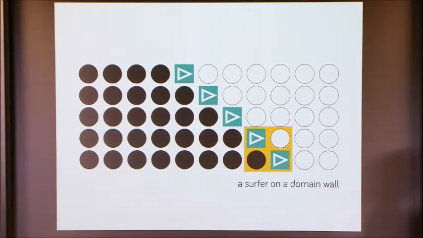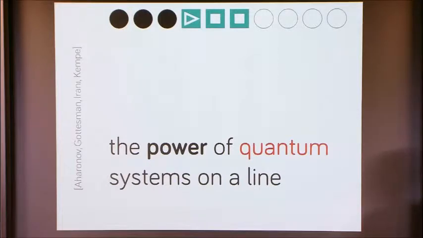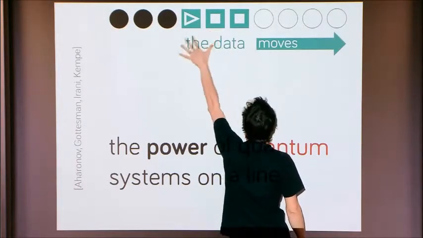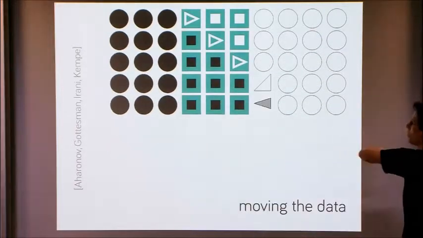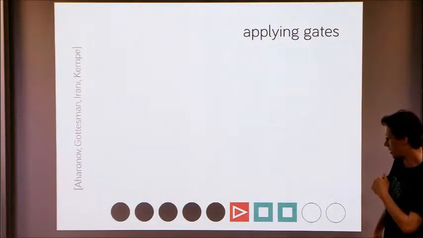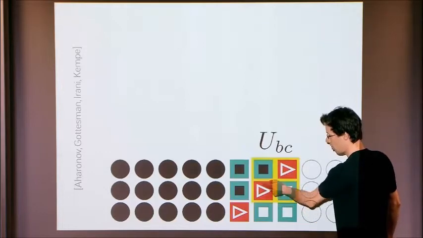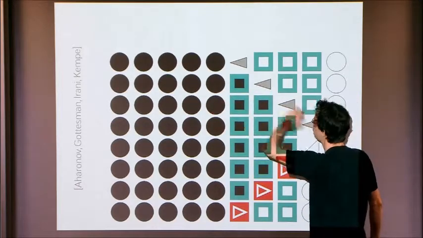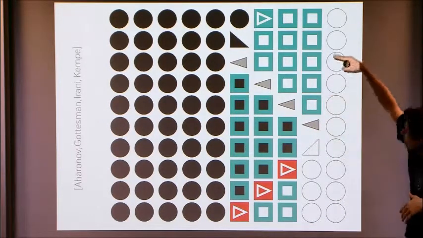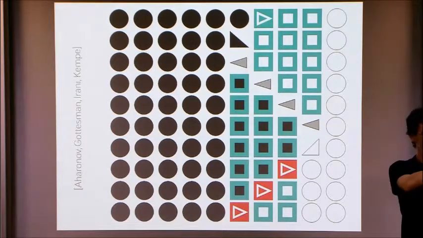But you can do more than that on a line if you increase the size of the local particles. And that's the power of quantum systems on a line, a result by Aharonov, Gottesman, Irani, and Kempe. And there it is, the thing that I showed with the hats, that you've got some part of the chain that kind of encodes the data, and the data can possibly move. The data moves forward and then jumps over something and moves forward again. And as it moves forward, a computation can get done on the data. And again, the data will try to move a little bit forward, and then a computation will get done somewhere later. And all this uniform superposition over all these things will be a possible ground state of this